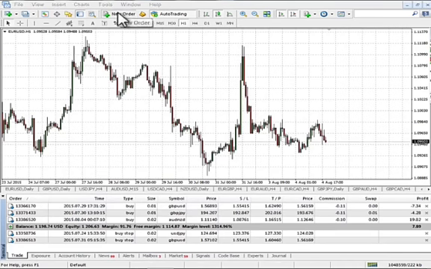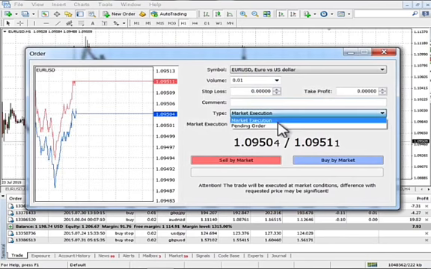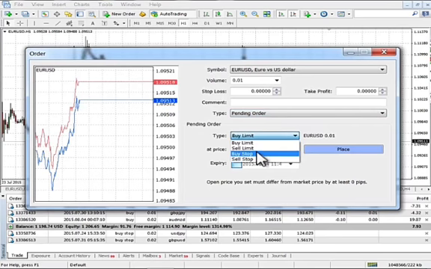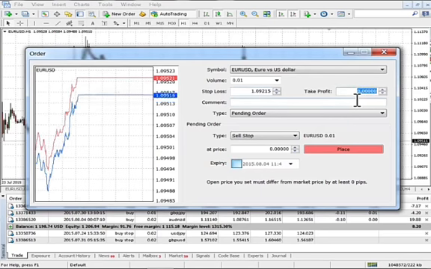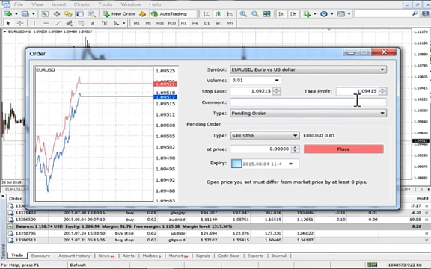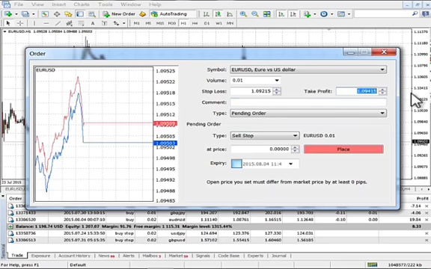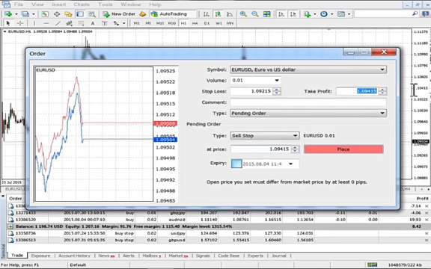If I wanted to put in a new order again, I could do that, and I'd go to pending order again. I'd choose the order type, whether it's a buy stop or a sell stop. Say in this case I wanted to sell the market, so I'm going to put in a sell at 1.09215, and I'm going to put a stop at 1.09415, or take profit, rather stop loss. Let me transfer that down here, and take profit, let's say at 1.09115 or something like that, or 015,